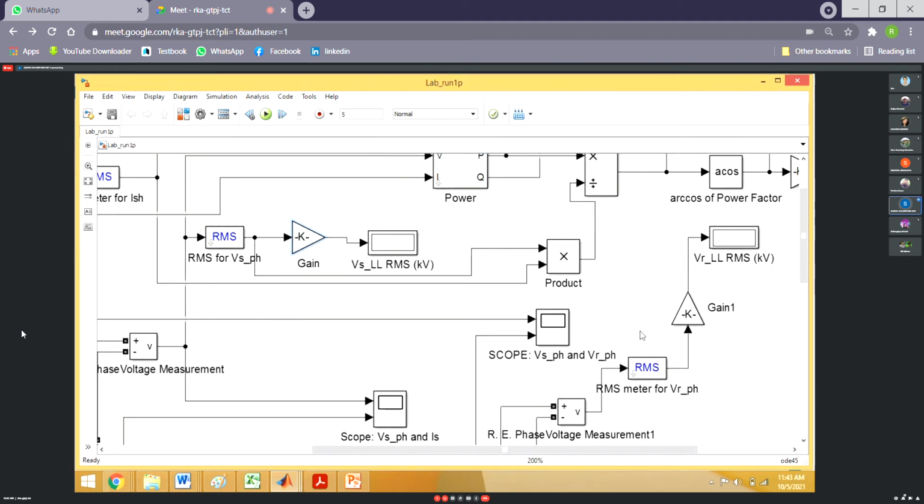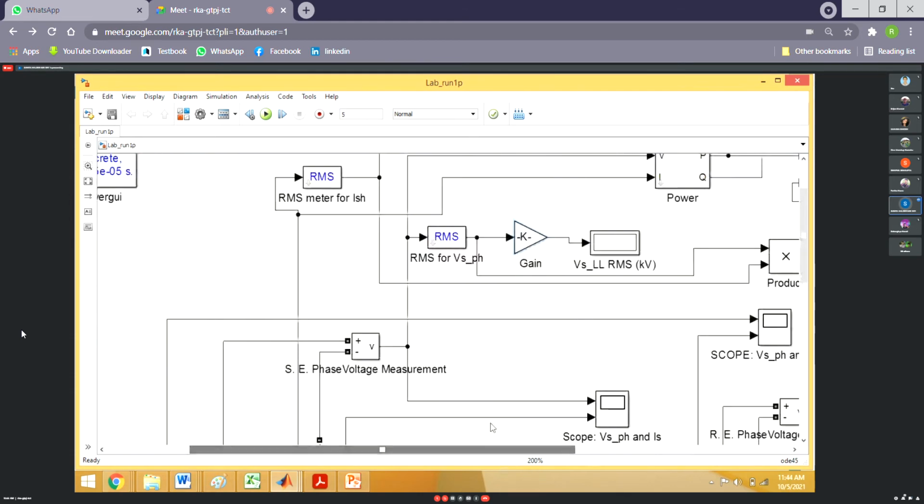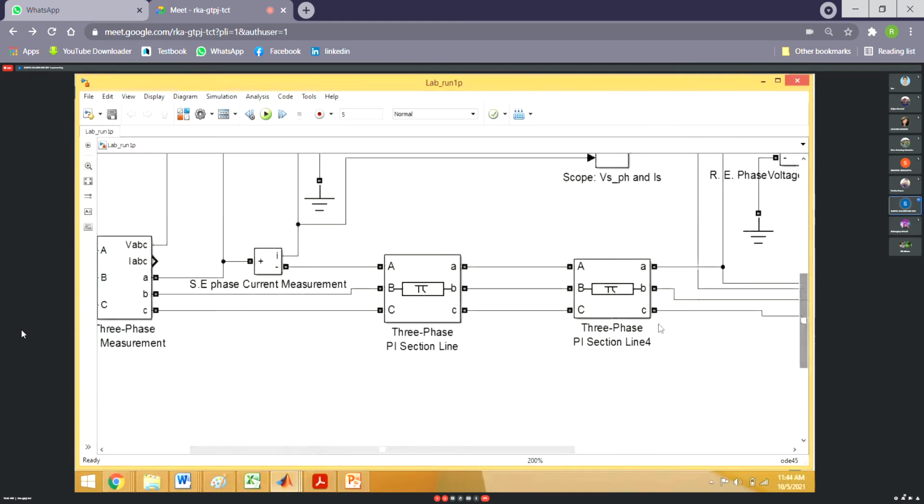Now, from the receiving end also, through RMS values, we can get the line to line RMS voltage. Now, one more thing is that we want to verify the power factor also. I have told you that we can verify power factor at any point. At midpoint also we could verify the power factor, because for SIL or characteristic impedance at the receiving end, the power factor will be the same. But it is meaningless when we are loading the receiving end with some other load.